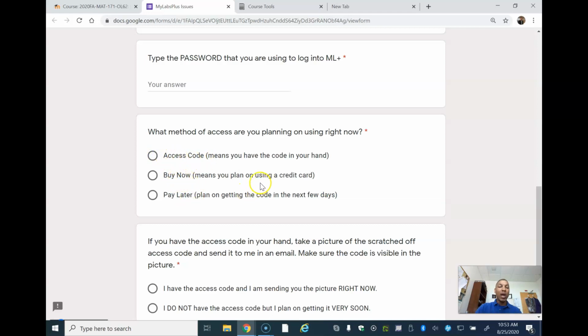If you don't have the access code, but you want to go ahead and use your credit card to get the access code, you can click buy now. Those of you that might be waiting a few days to get your access code, you click pay later, because I definitely need y'all to get access as soon as you log in, because I need to know if it's working. So one of these 3, get access, get to that first problem in 2.1, answer that question,